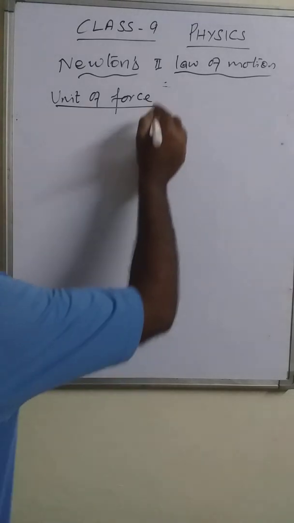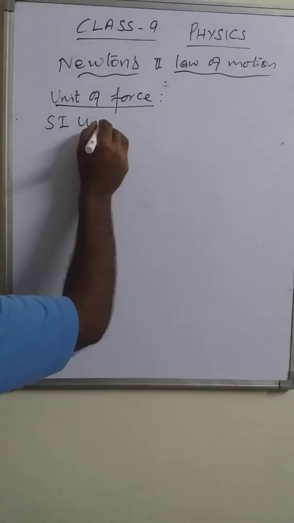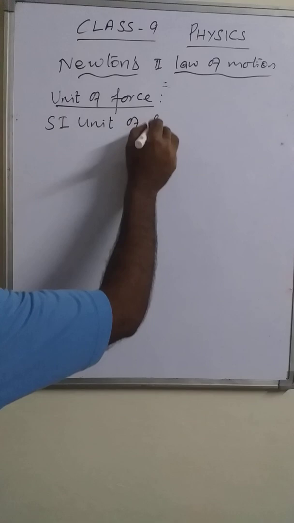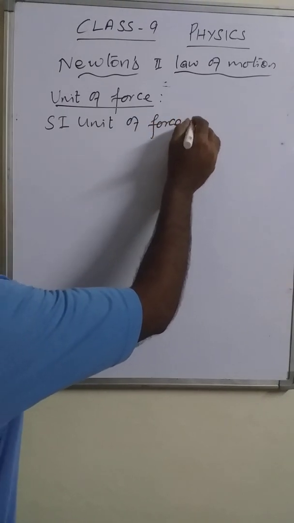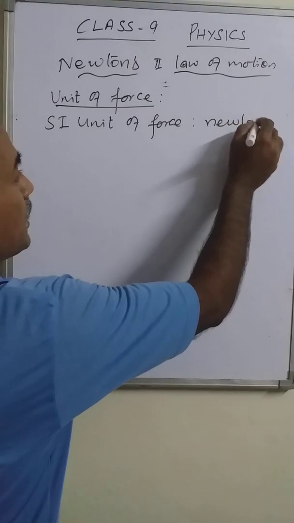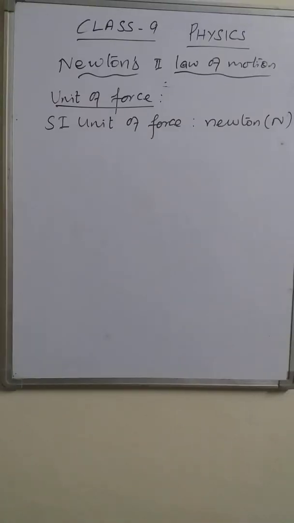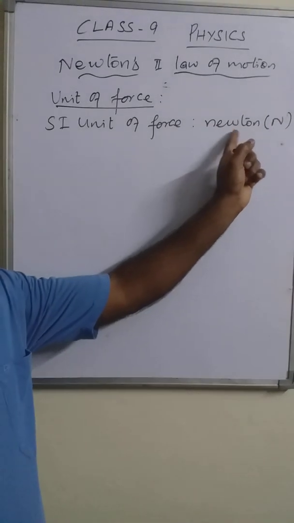Here we are going to talk about the SI unit of force. The SI unit of force is Newton. Symbolically, we use the capital letter N. If we write the complete spelling,